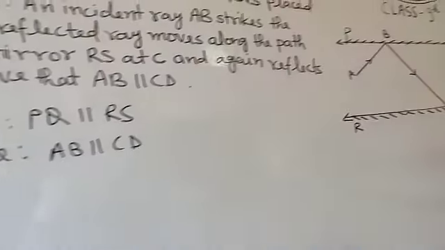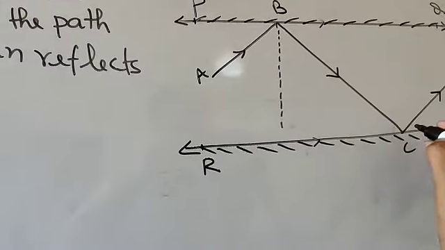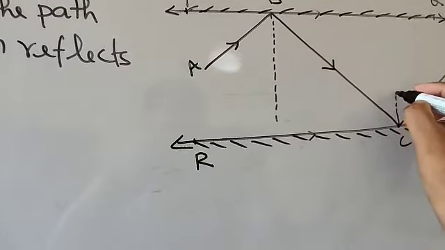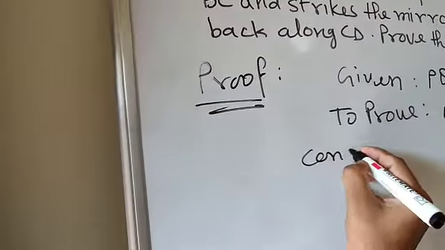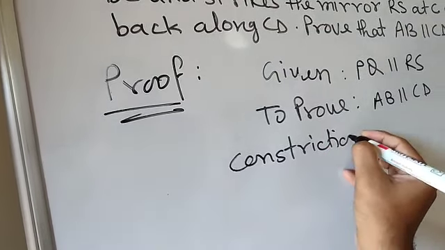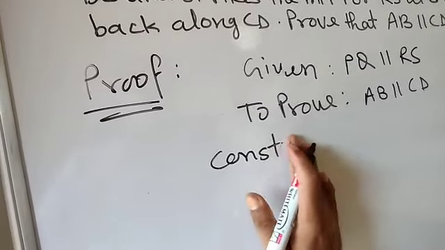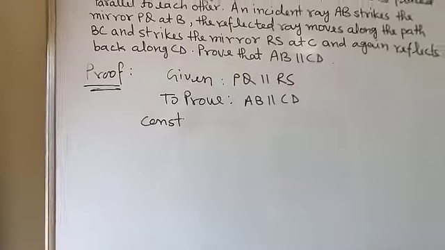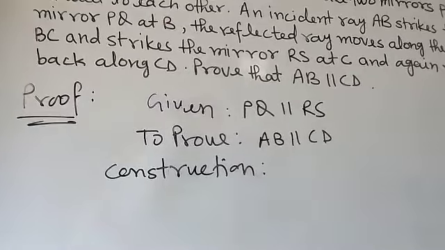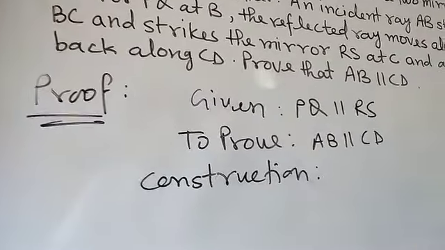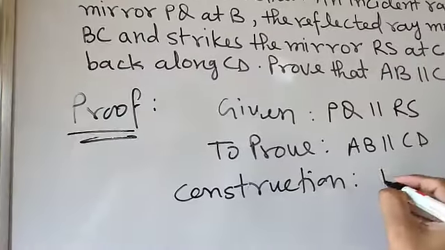Now here students, I will do a construction here. I am going to draw a perpendicular from the point B and from the point C. These are the perpendiculars. So here I am going to write the construction. If you are going to draw anything in the given diagram, that will be the construction. Suppose that it is M and it is N. So you will write, draw